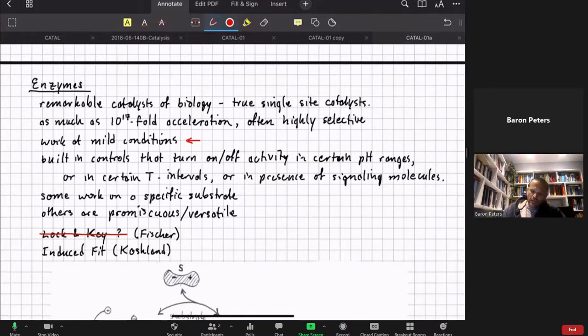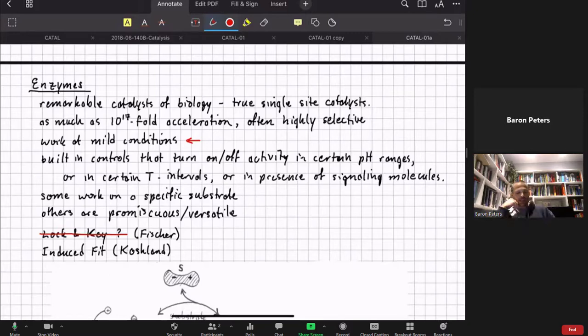They often have built-in controls, things like allosteric mechanisms that can allow them to turn on and off the activity under certain pH ranges, in certain temperature intervals, or in the presence of certain signaling molecules. So some of them work on a specific substrate, and others are promiscuous or versatile. They can work on lots of different substrates